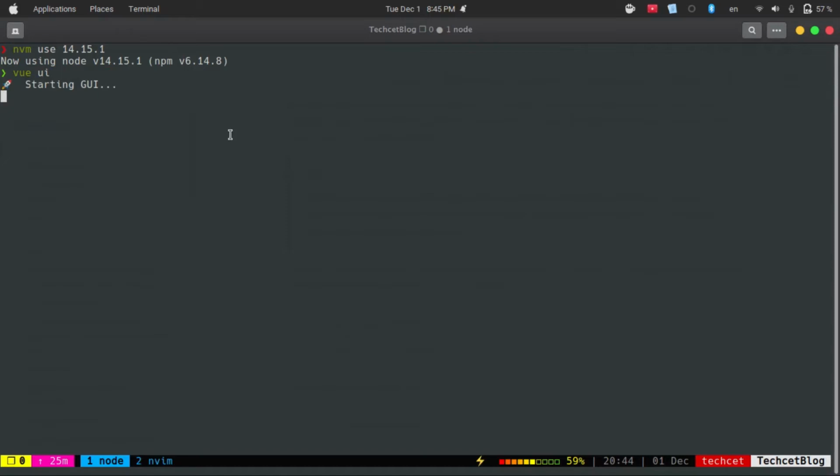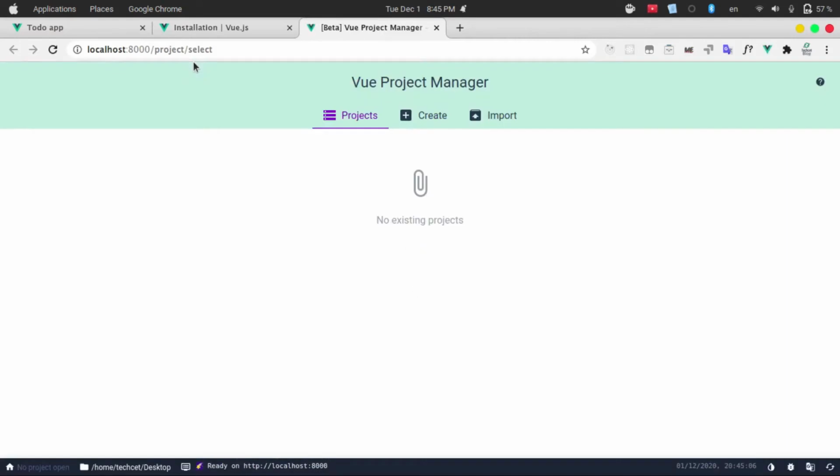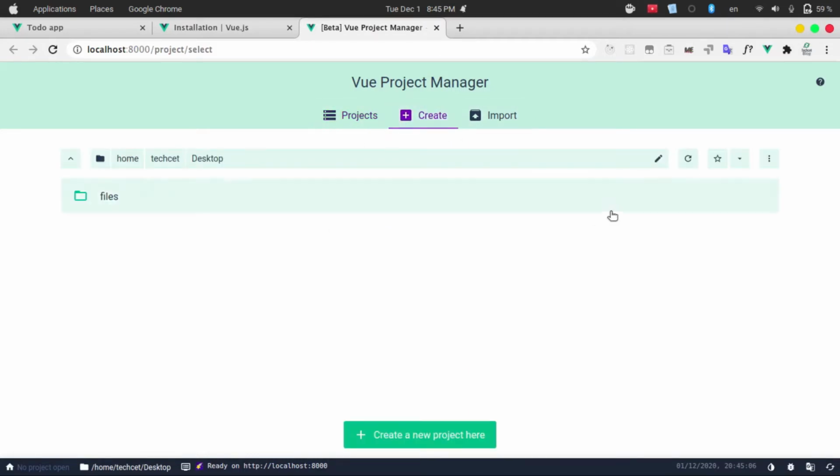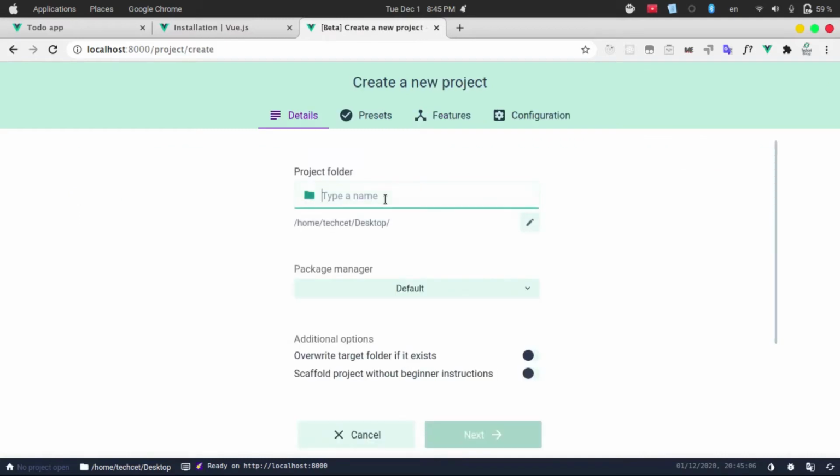And it will open a new tab on our browser with localhost 8000, and you can see we have this Vue project manager, and we can create a new project by using this button, and then we can specify where we are going to install our Vue project. So I'm going to install our Vue project in our desktop folder. Then we are going to click on this green button. Then you can type the project name. So I'm going to type Vue to do,